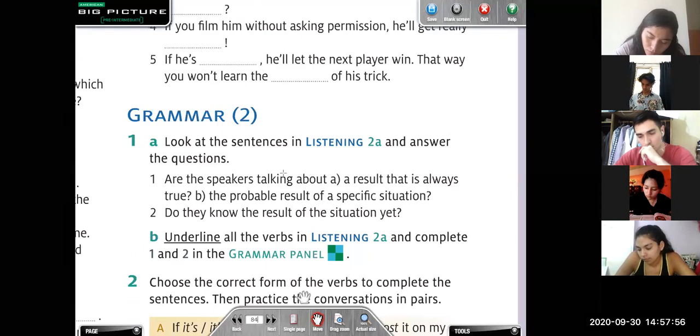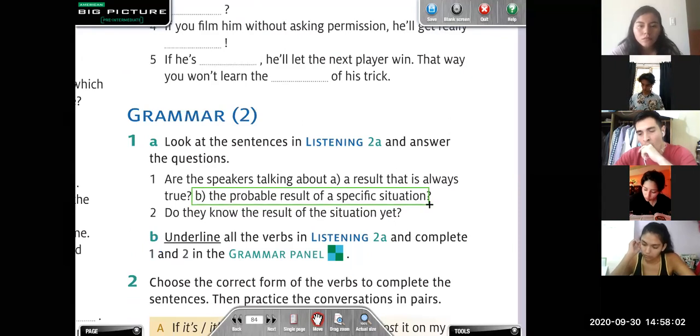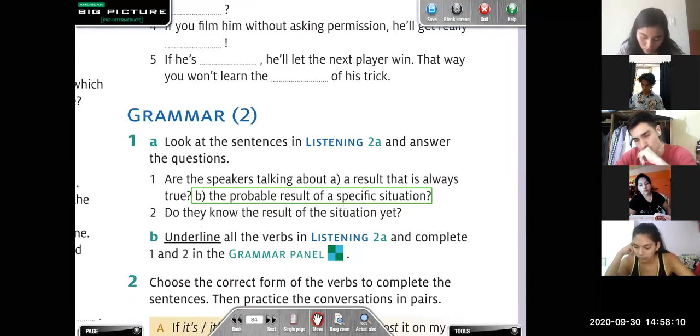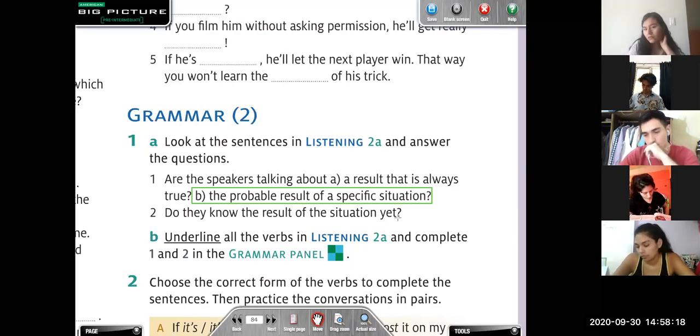We are not talking about a result that is always true. We are talking about the probable result of a specific situation. Number 2, do they know the result of the situation yet? No, they don't know the result, right? They are not sure about what will happen.